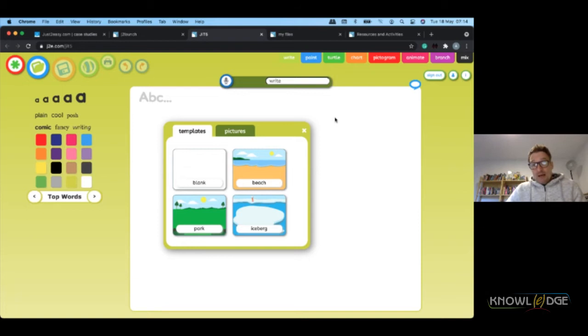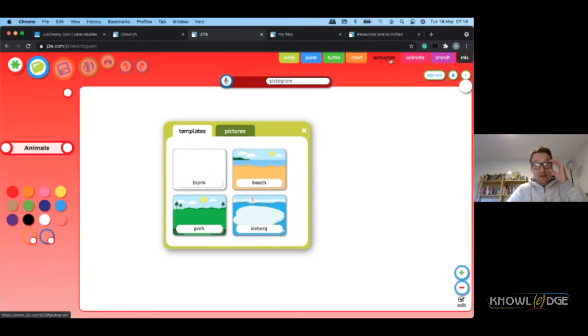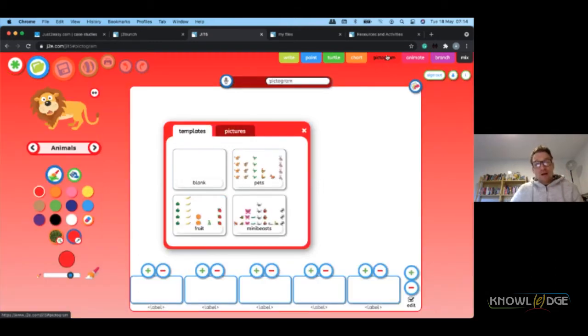Where I am right now is where you would always start in the infant tools in JIT 5, which is on a writing tool, but you've got 7 other tools across the top of the screen. And the first one I'm going to touch into is the red tile here called Pictograms. So at the top of my page here, we've got a really easy way of getting children to start representing numbers as items, as objects, and to be able to count them.